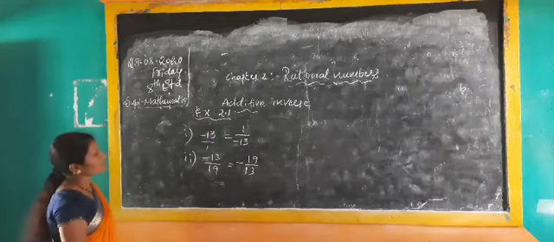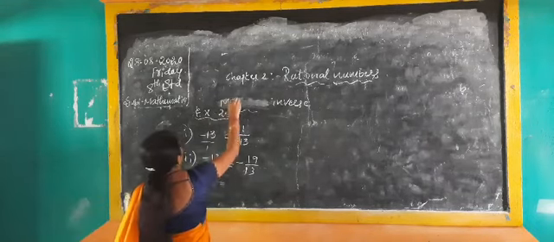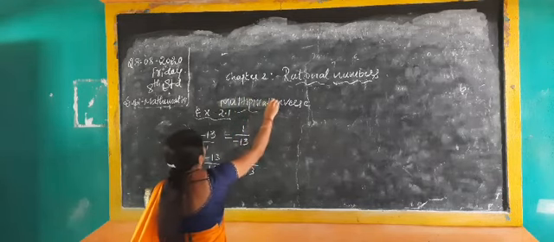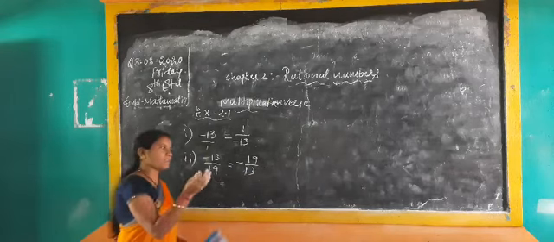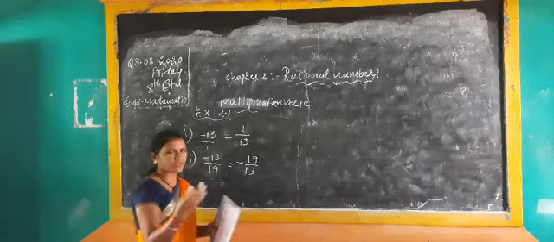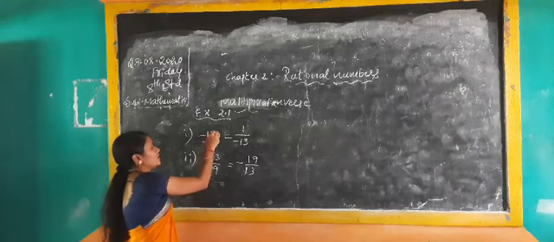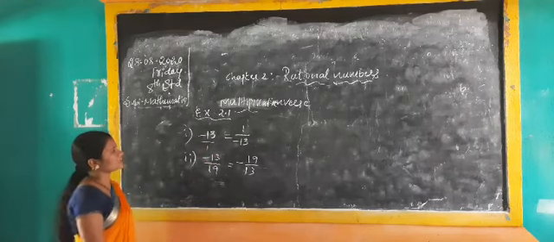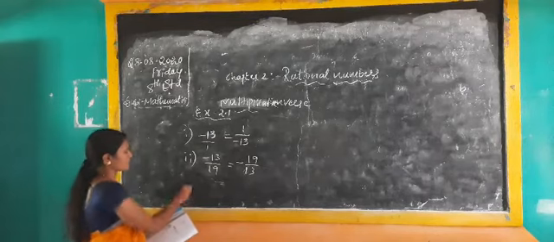Understood? Here I said additive inverse. It is the multiplicative now. For additive inverse, whatever is positive you write negative, and if negative then write positive. What about multiplicative? If they give some numbers, you have to write the reverse. Okay, multiplicative means you should write the reverse. Whatever sign is there, as it is you should write.